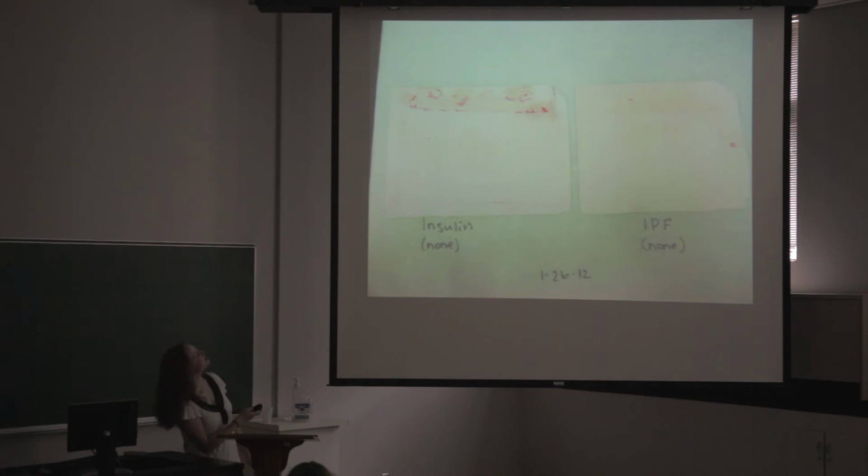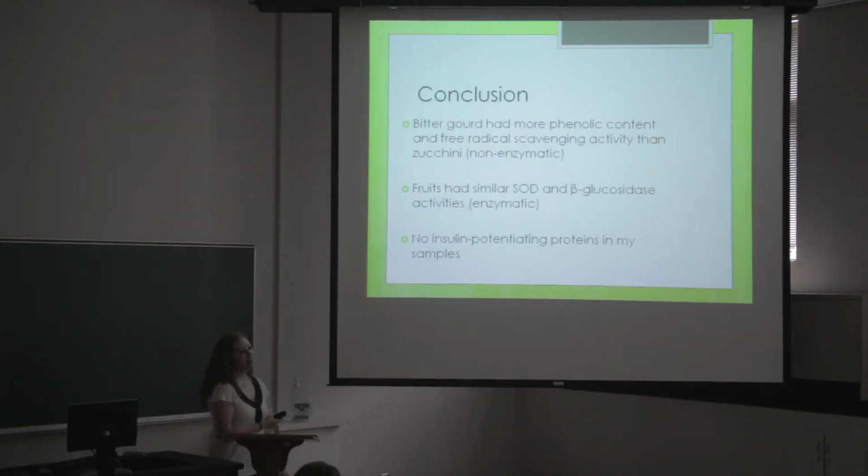Here's a picture. It's kind of hard to see, but here's a picture of the transfer membranes. If there were proteins on here, you would see bands running horizontally somewhere across the picture. This is the one for an antibody against insulin, and here's an antibody against my specific protein. The insulin I did just for the heck of it. But there were no bands present. I think I did something wrong there. But in conclusion,